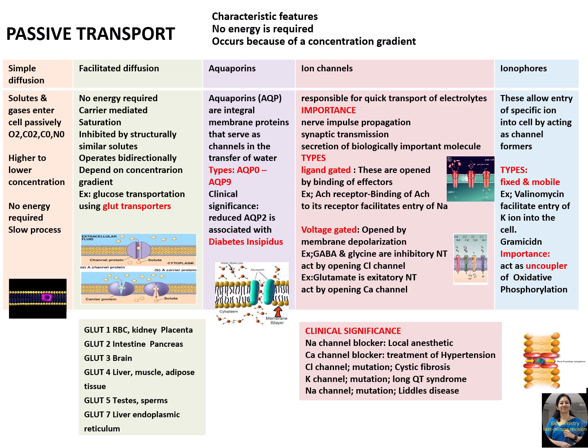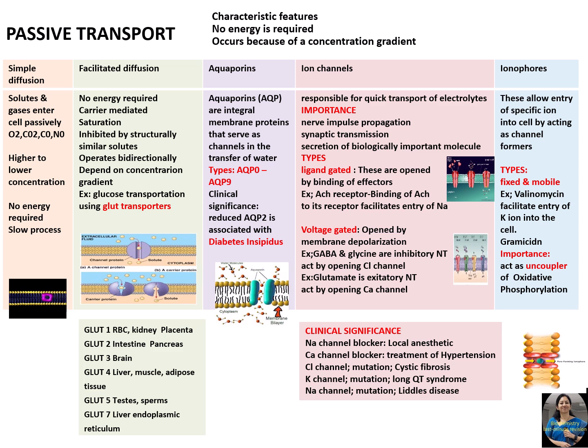they have been implicated in nerve muscle propagation, synaptic transmission, and secretion of biologically important molecules. There are ion channels of two types: ligand gated and voltage gated. Ligand gated channels open by binding of effectors. A good example is acetylcholine receptors, which are present on the postsynaptic nerve terminals. From the presynaptic nerve terminal, acetylcholine is released, which binds to the receptors on the postsynaptic terminal,